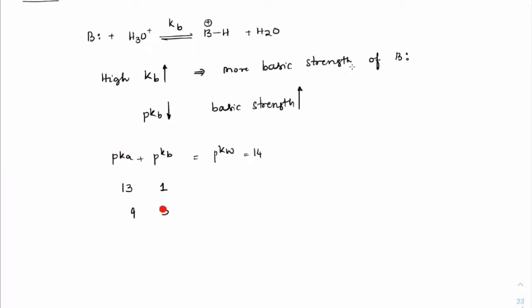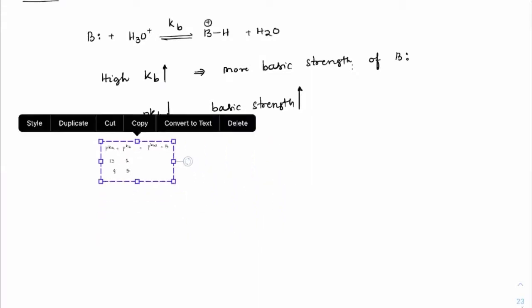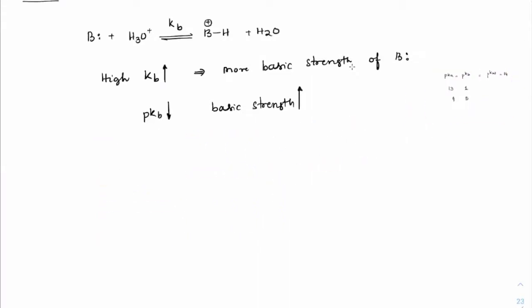So you can observe as the pKb value increases, the pKa value decreases, which means its basic strength will decrease. So we can always relate this with the pKa value of the conjugate acid also. So I can write that as pKa of BH+, correct? If this is high, I can say it is a highly basic base. If the pKa value of BH+ is low, then this is low basic in nature.